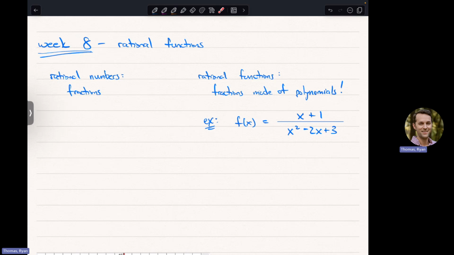We are going to spend several days getting all of the ins and outs of how you work with these things, because they do have a bunch of baggage that comes along with them. To get a start on that, we're going to look at a sort of parent function. Like we saw with polynomials, they start to vary a lot. They're not quite as distinct or as similar to the parent function as some of the stuff that we looked at earlier in the semester. But if I want a fraction made of polynomials and I want it to be different than stuff we've already talked about,